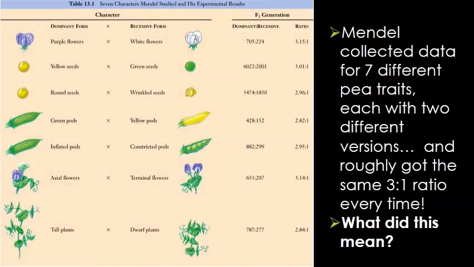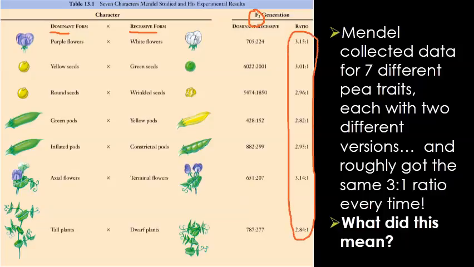So Mendel actually collected data on 7 different characteristics in pea plants, each with 2 options, each with 1 dominant option and 1 recessive option. When he actually looked at the ratio in the F2 generation, he found a 3-to-1 relationship overall. Now it is believed that these numbers are a little too perfect. He may have manipulated them in some way, but as his notebooks were burned when he died, we don't really have any way to check.